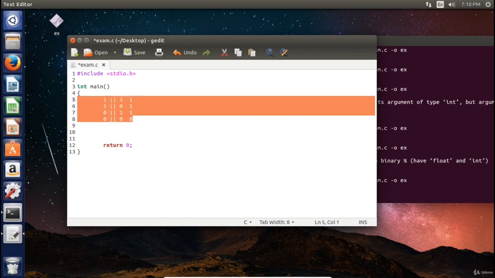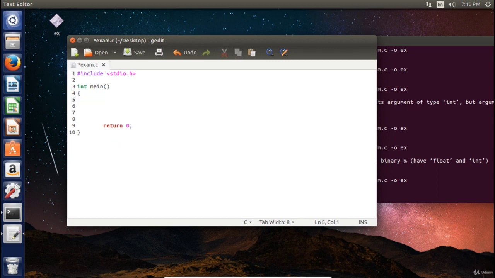The not is the opposite. So not 1 equals 0, and not 0 equals 1. Don't worry, I know it sounds confusing, but all of this will be discussed in the next section when we